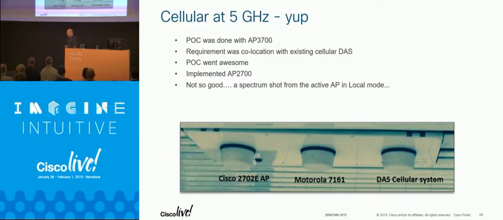This is one of my favorites. This happened a couple of years ago. This was in a transit system. And they had radios in, they had Wi-Fi in, old Wi-Fi. They went out, they did a proof of concept with the 3700s. Everything worked great. At the last minute, they decided to use the 2700s. Where they were mounting this is in, of course, an underground transit system, so you don't start core drilling. You have to mount where they have places to mount. And it was mounted in the same physical proximity as the cellular antennas. Shouldn't be any problem, right?